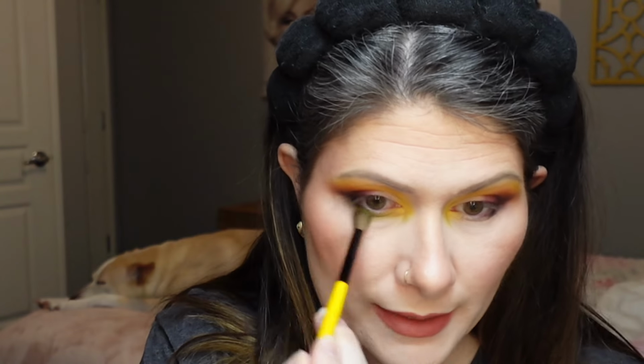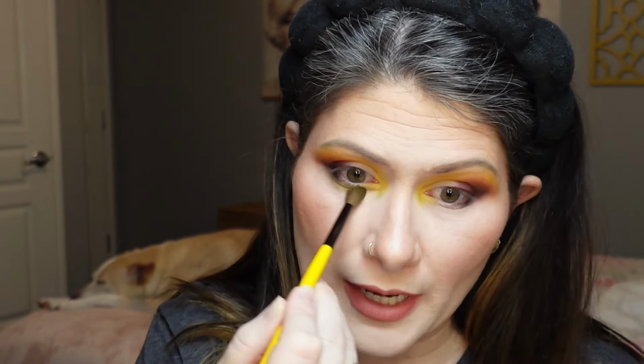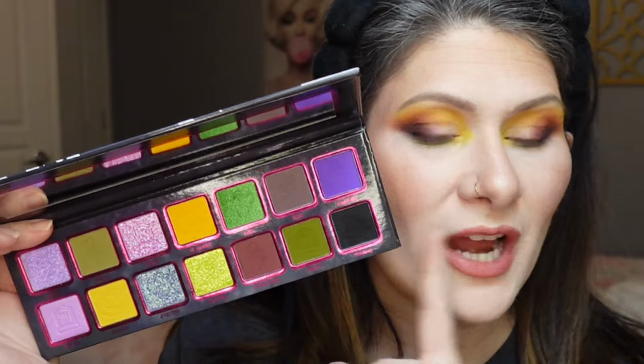I'm not going to tight line. I just really want to blow this shade out down here and kind of connect it over here in the inner corner. Alright, so my lid is primed with my NYX Glitter Primer, and I want to go in with